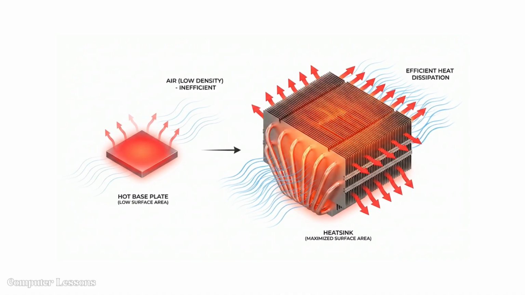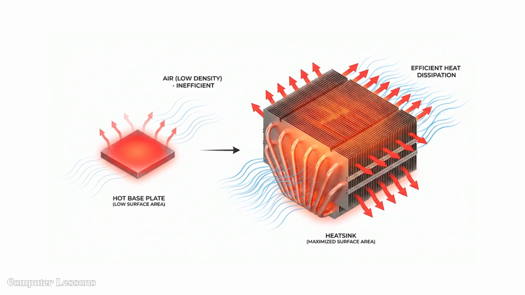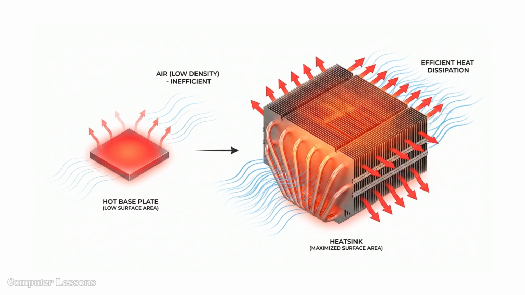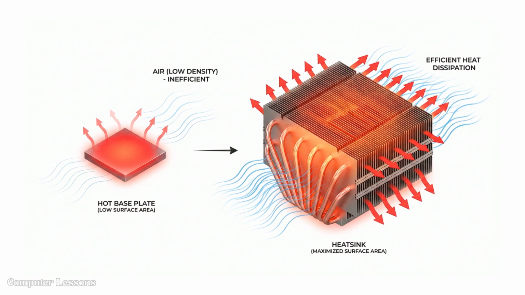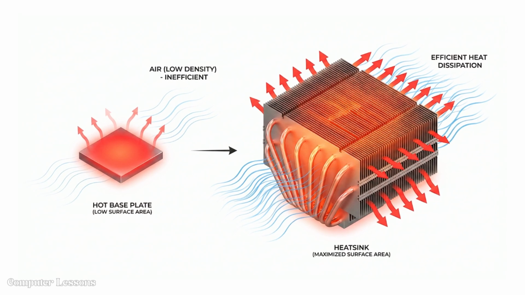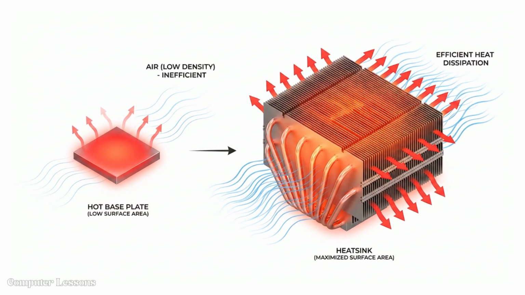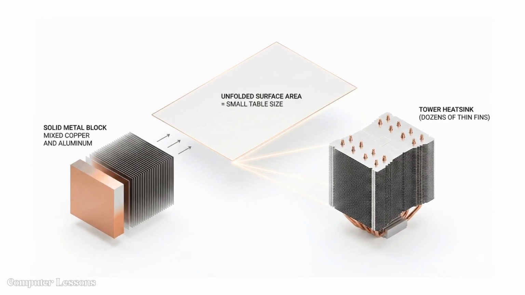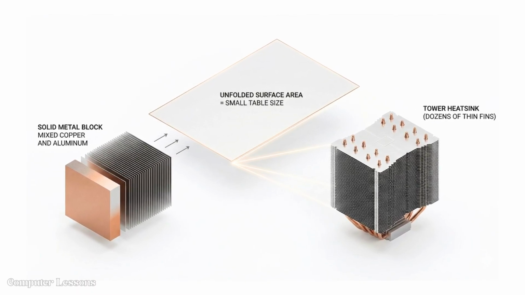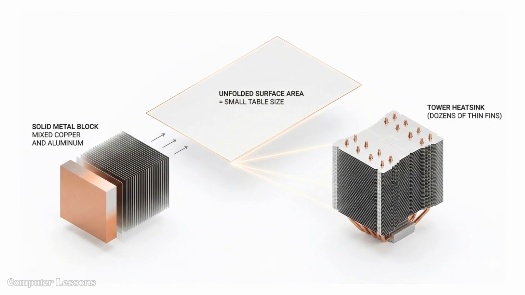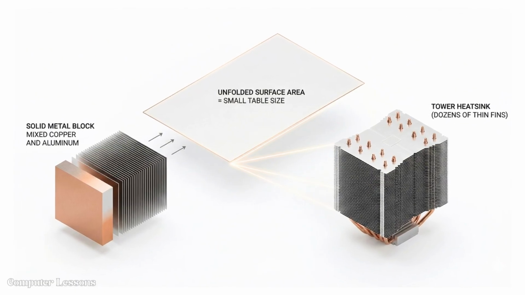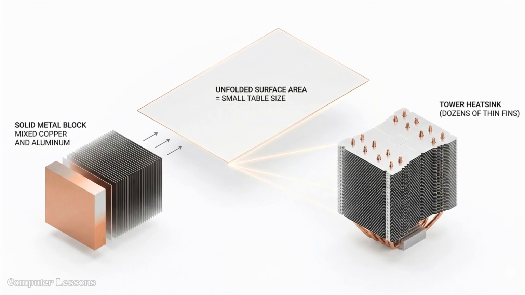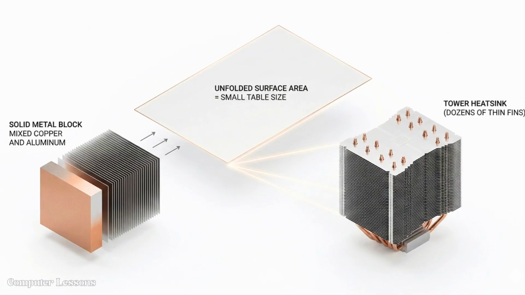Once the heat moves from the chip to the cooler's base plate, we need to get it into the air. But air is not dense, so simply touching a hot metal block to the air isn't efficient enough. We need to maximize the surface area, and we do this using a heatsink. A heatsink consists of a stack of dozens of thin aluminum or copper fins. By slicing a block of metal into thin sheets, we exponentially increase the amount of metal that touches the air. A well-designed tower cooler might have the surface area of a small table, all folded up into a compact box